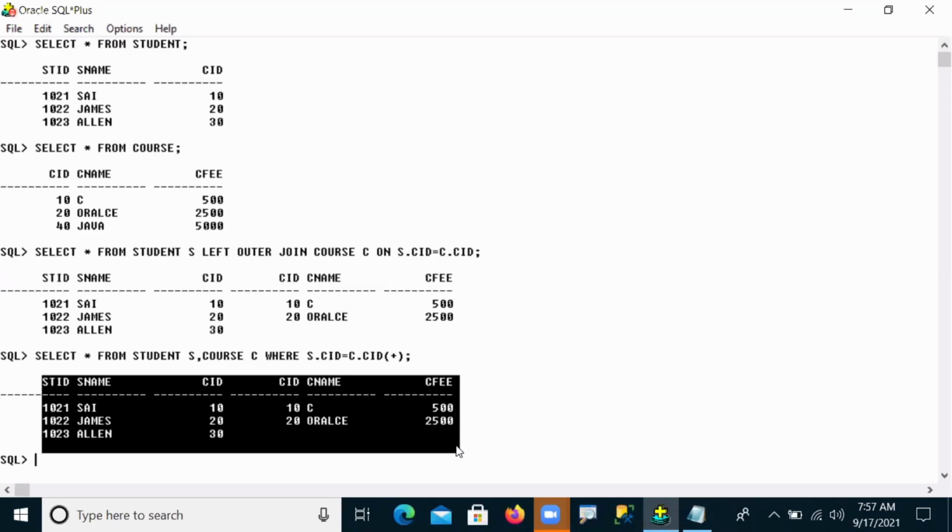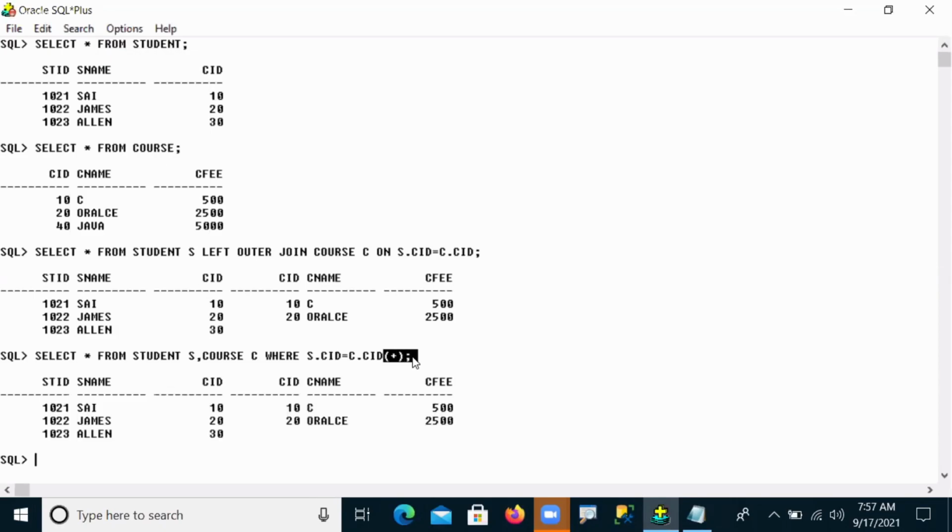So now we successfully implemented the left outer join in non-ANSI format, by using which symbol?